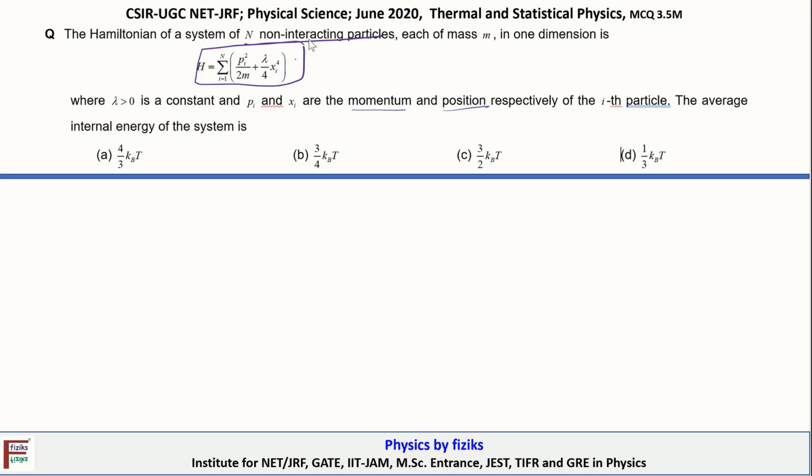So the average value for the first term can be immediately evaluated by making use of the equipartition theorem. So what does the equipartition theorem say? That each squared energy term. Okay. So based upon the result from equipartition theorem,